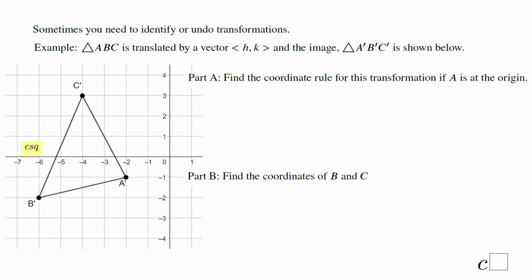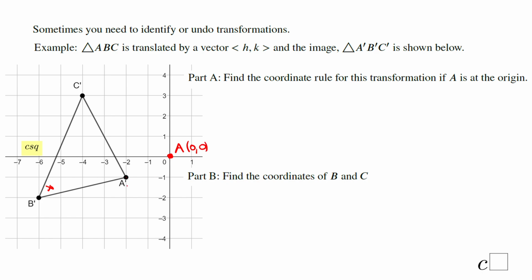Some more problems involving these things. Sometimes you need to identify or undo the transformation, right? So in this case, triangle ABC is translated by a vector HK, and triangle A prime, B prime, C prime is shown below. So this triangle you see here is the image. Okay, part A, find the coordinate for this transformation if A is at the origin. So A was right here, the origin,